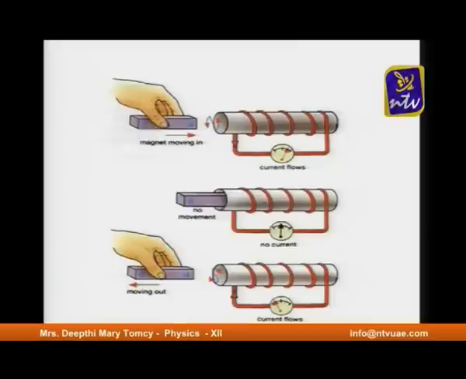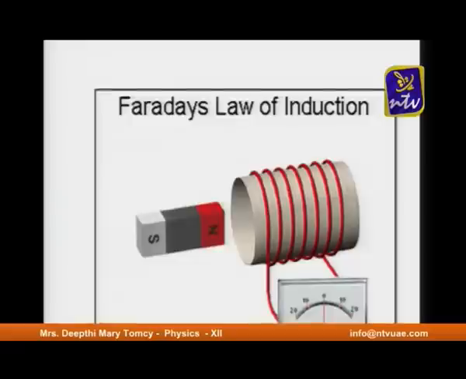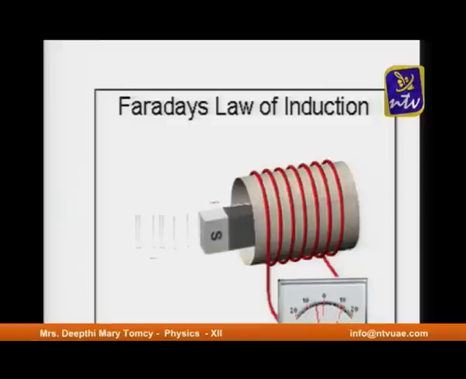And in the last one, when you move the magnet away from it, you can see that there is again a change in magnetic flux, there is a decrease in magnetic flux, that is why there is a decrease in magnetic field, that is why it is showing a deflection towards the left side. Now going to the next slide, you can see again how current is being induced inside a coil when you are moving the magnet into and outside it because of the change in magnetic flux.